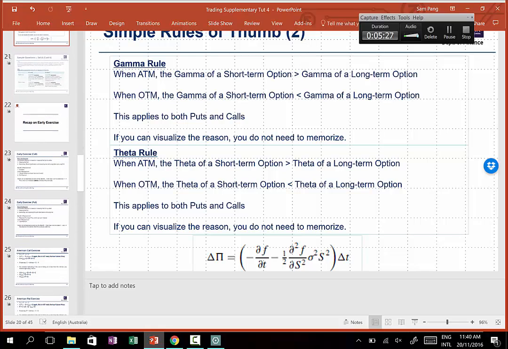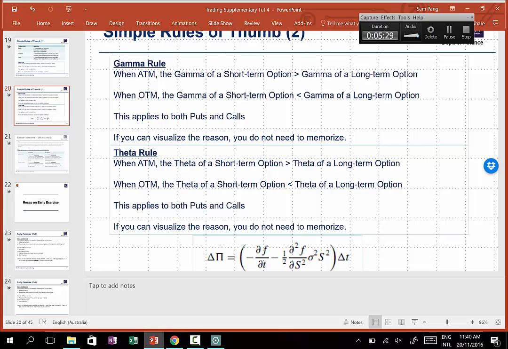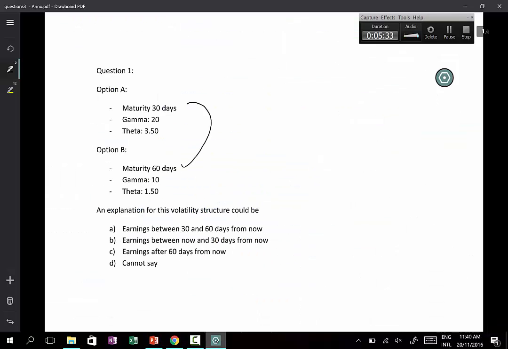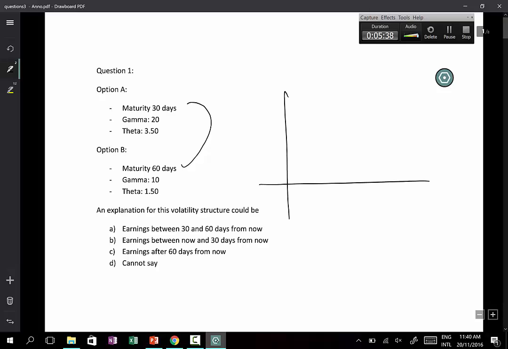I think I told you about that two sessions ago, given the volatility of a 60-day option and the volatility of a 30-day option,